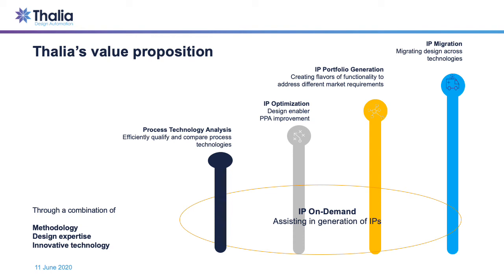The second is generating a portfolio of IPs, i.e. creating different flavors. For example, designing different load current LDOs, or different frequencies in a DC-DC converter, or jitter for a PLL. The third value proposition is IP improvement, specifically targeting performance, power, and area, which is something that all IP vendors would like in their IP, something better than the competition. And the fourth value proposition is